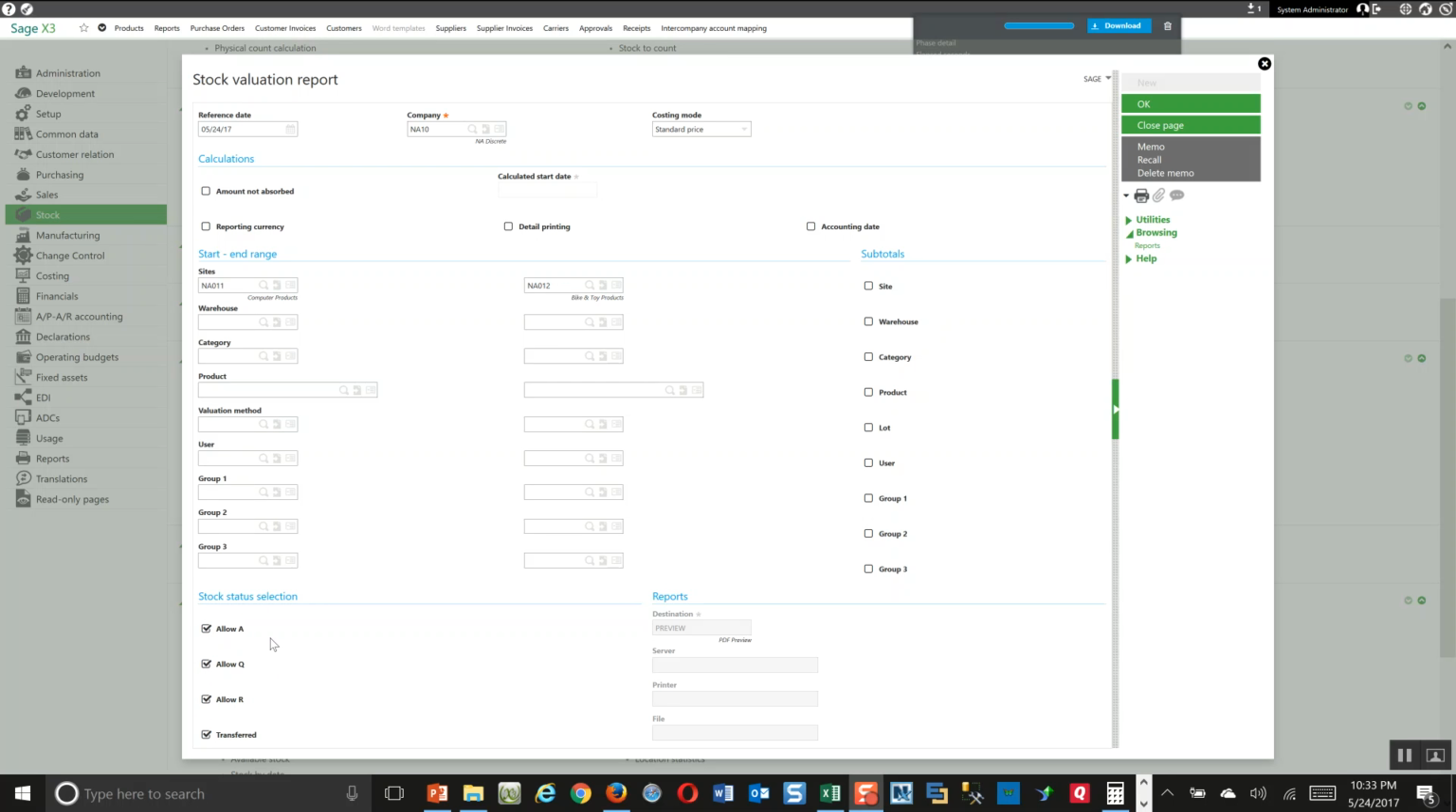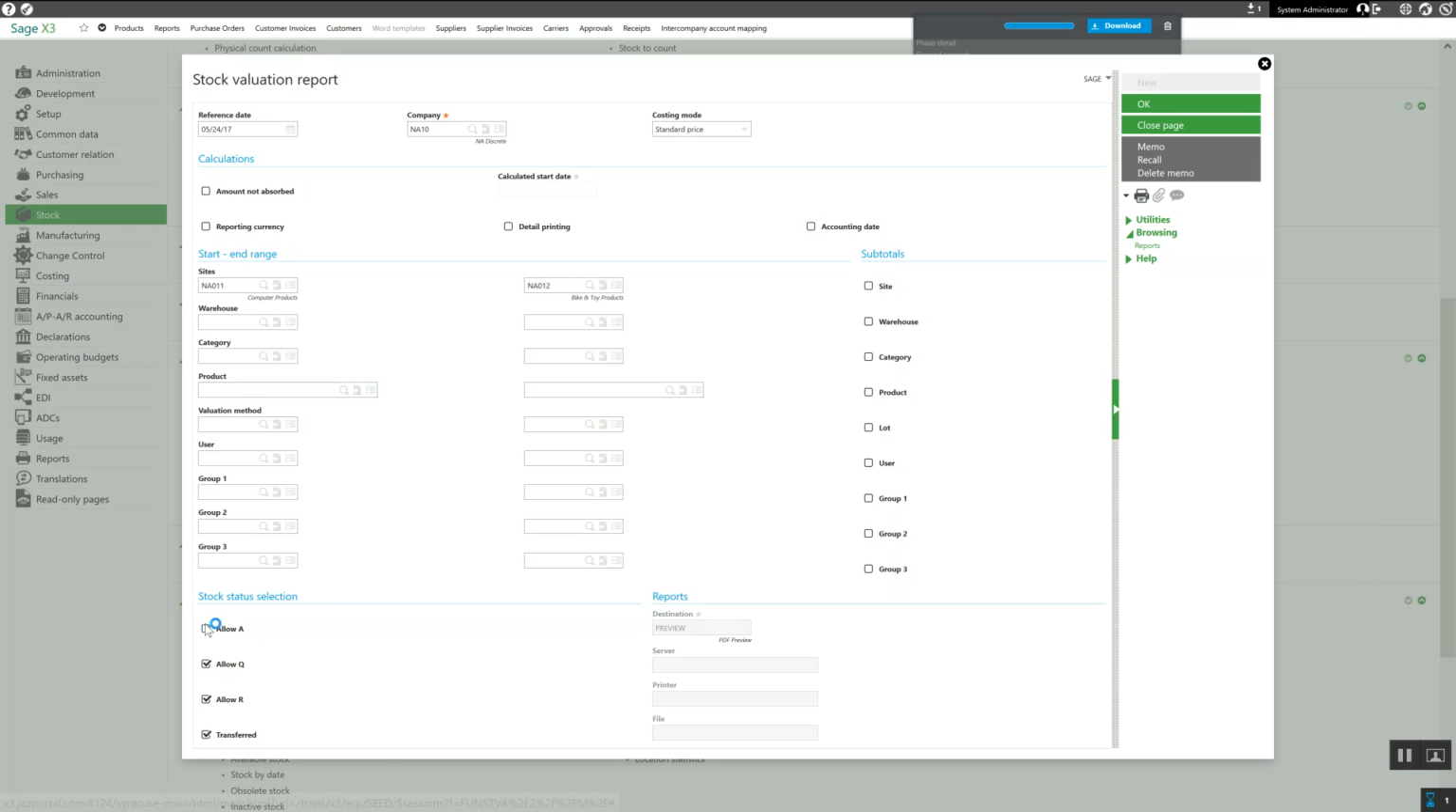Down in the stock status selection, I'm going to go ahead and uncheck this AQ&R, which would basically show me the inventory that's on premise at these facilities that are spread across these various QC statuses. And I'm only leaving this transferred box being checked. Okay, so when you run it in this manner, it's only going to show you the inventory that's in transit. Okay, so I'd come over here, click on the OK,